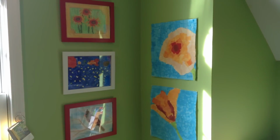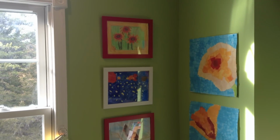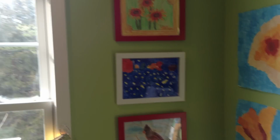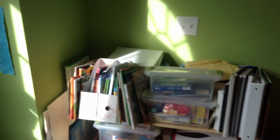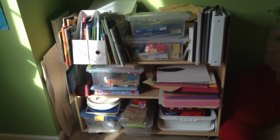One of them is Poppy Collage, that's on the right hand side. That was from See the Light. The frames are all from Ikea, the 3 frames that you see there. And these are just different things that we've worked on over the years. Some they've done at co-op, and then the bottom one there is a chalk pastel that we worked on earlier, a bird one. And you can see this is the junk shelf,